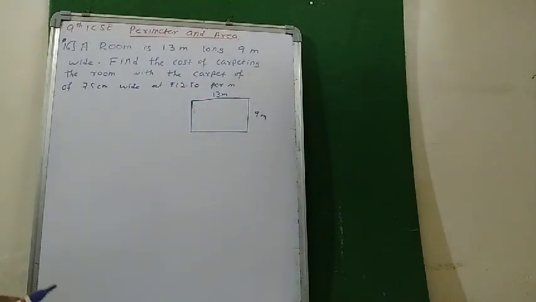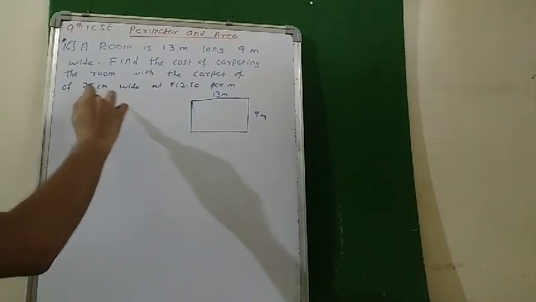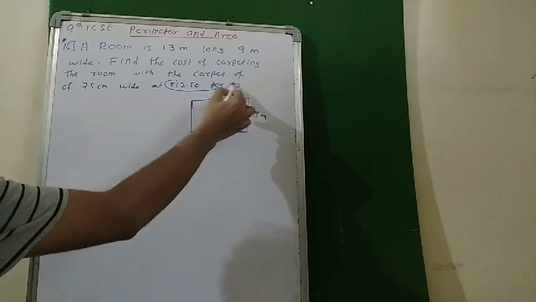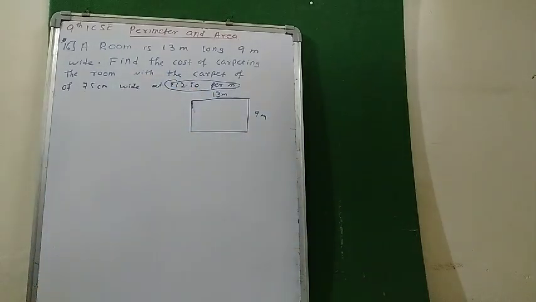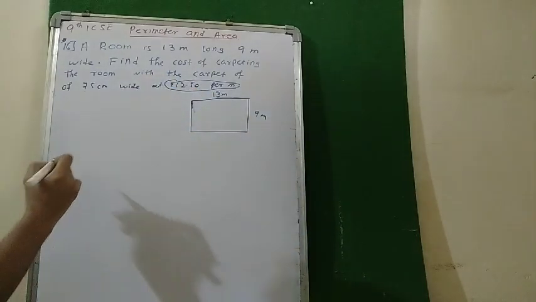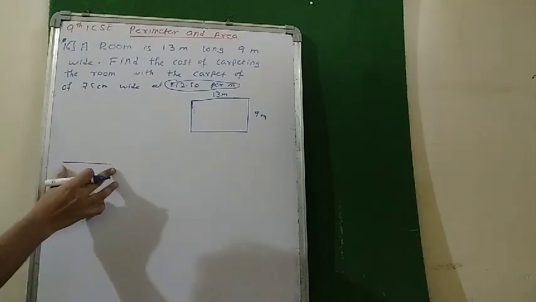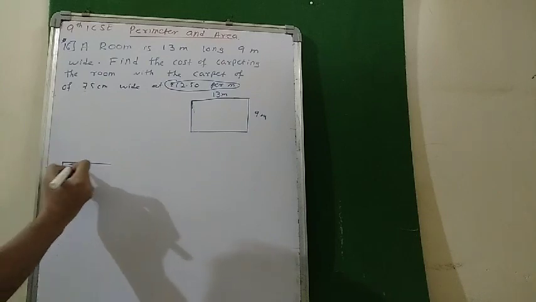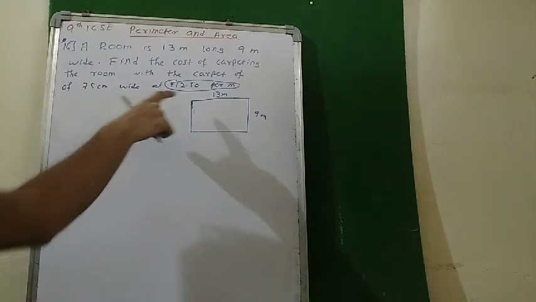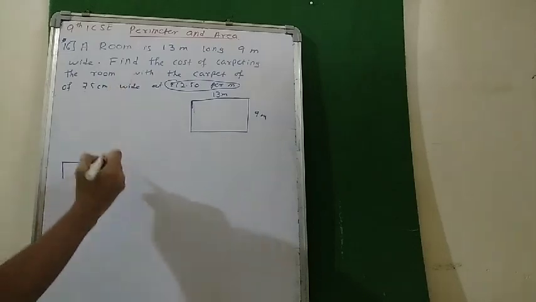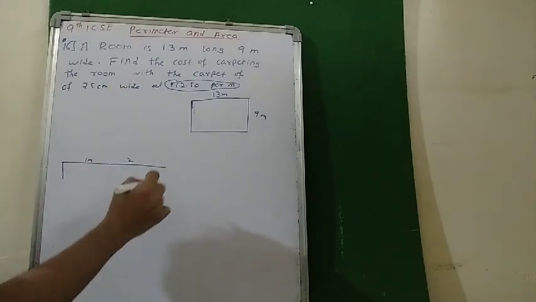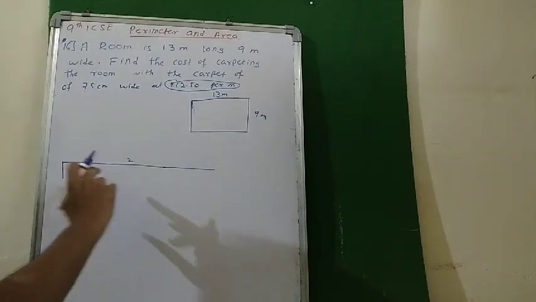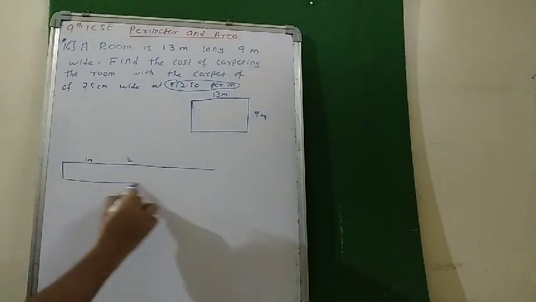Okay, see, we have no need to do with area. 75 centimeter wide at 12.50 per meter. Sorry, per meter. If you are using 1 meter of carpet, width is 75 only. If you are using 1 meter of carpet, you will have to pay 12.5 rupees. If you are using 2 meter of carpet, you will be paying 12.5 into 2. If you are using 3 meter of carpet, but remember that this would be 75 only.